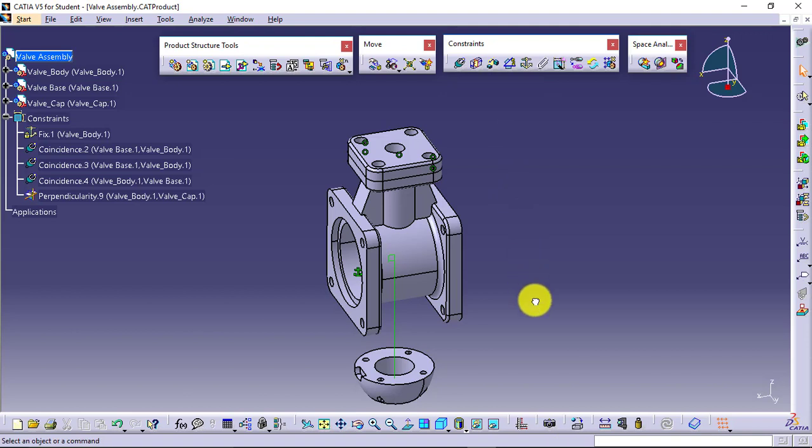Also, most important thing, whenever you try to restrict all 6 degrees of freedom of any part, you will have to restrict them using minimum or maximum 3 constraints only. So to restrict the 6 degrees of freedom, you will have to select the required combination of 3 constraints only, just to restrict all 6 degrees of freedom. Remember this, you cannot use more than 3 constraints. Remaining things from the bottom-up approach we will see in the next section.